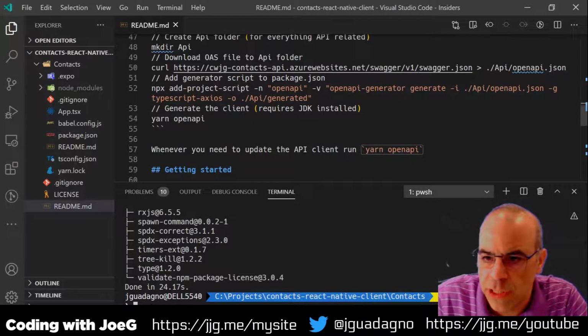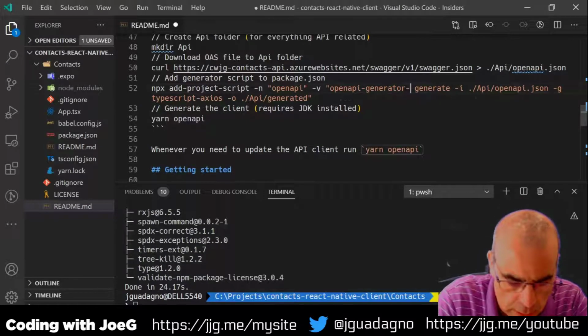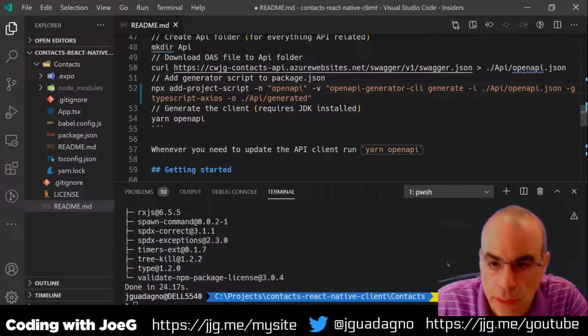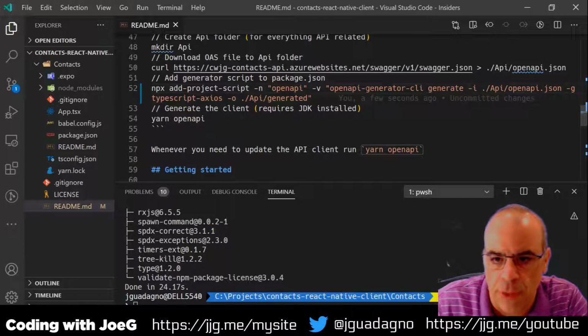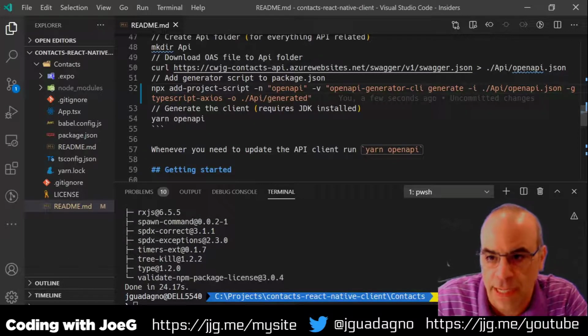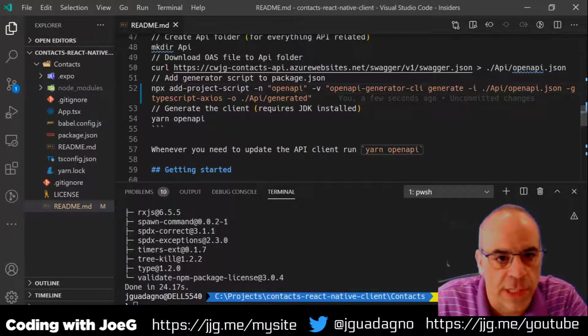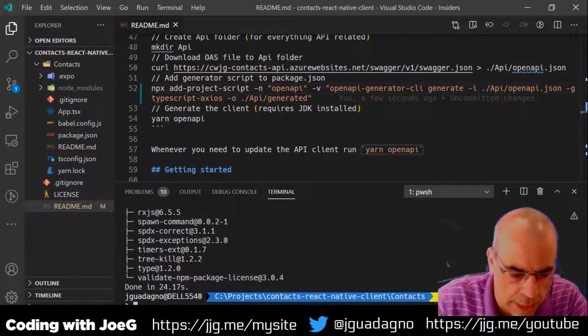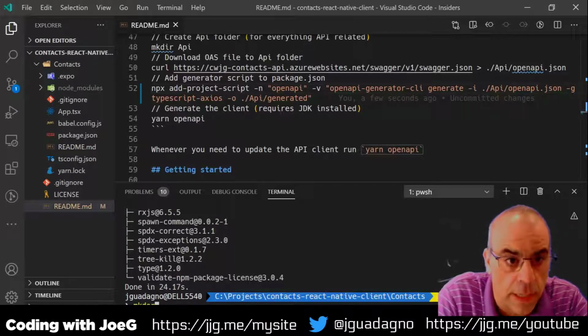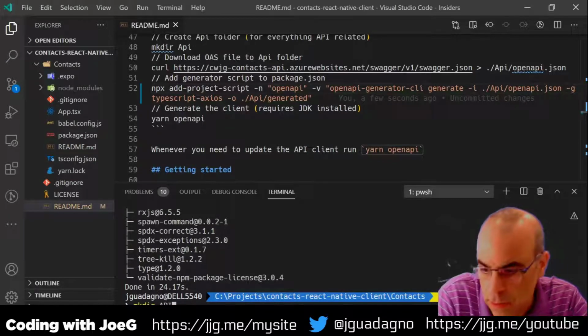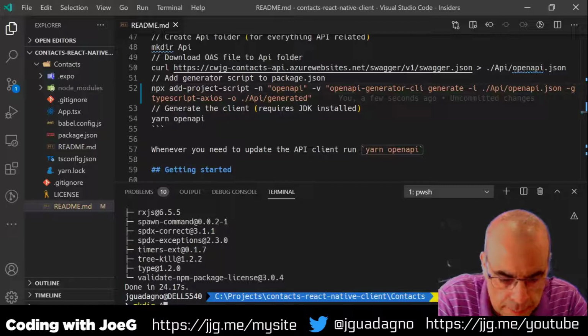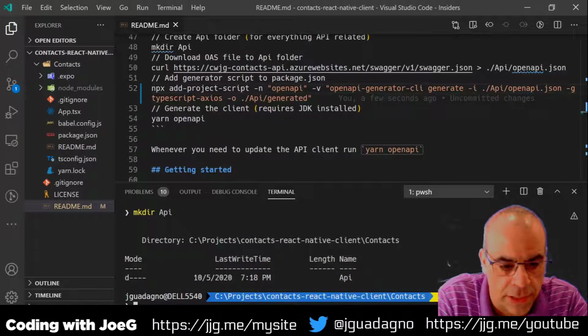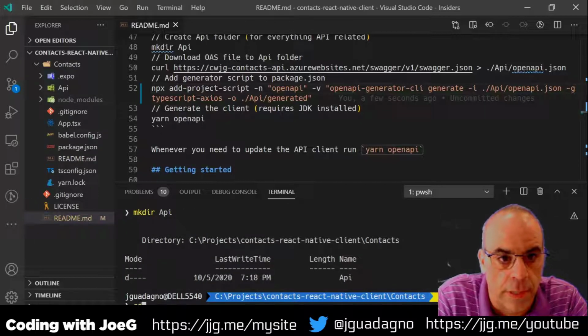So, this should be -CLI. Yeah, look, that caused a problem yesterday. They changed from Open Web API, Open API-generator to Open API-generator-CLI. So let me make a directory here, mkdir API. You can put this wherever you want. I'm going to call it API because it's just a little bit cleaner. And then